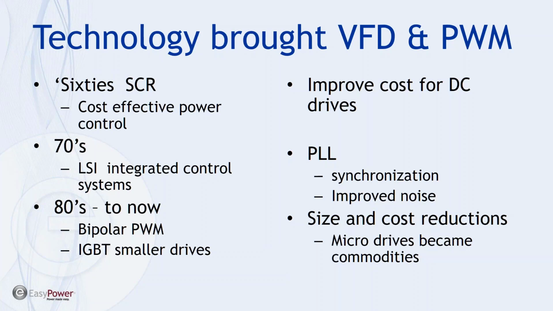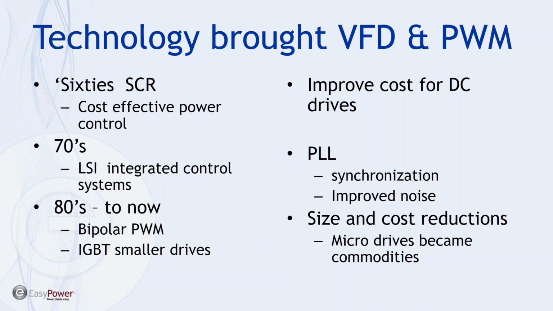And in the 70s, we saw increased integration in semiconductors and the development of phase lock loops, which made it easier to synchronize and have higher integration of control systems to be utilized in motor controls. And then since the 80s, we've seen the evolution of bipolar pulse width modulated systems and insulated gate bipolar transistors,